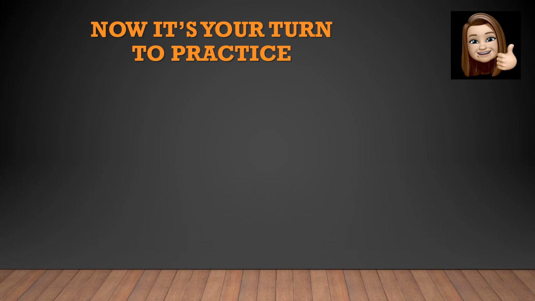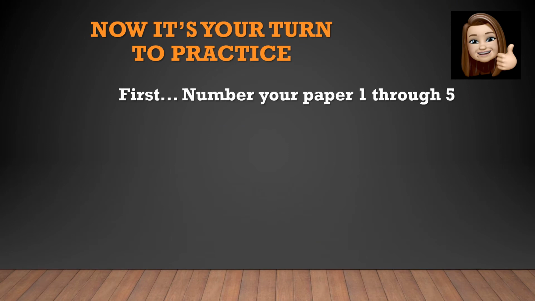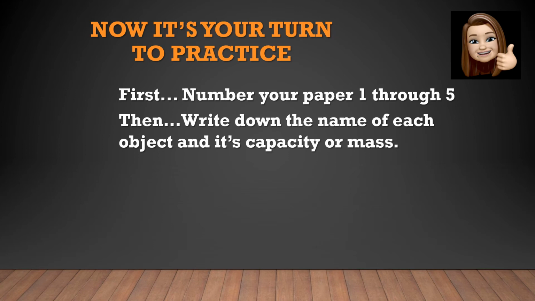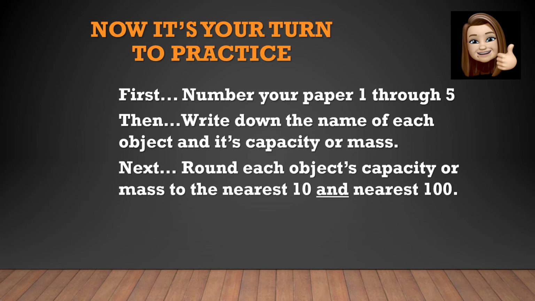Now it's your turn to practice. So first, you're going to need to number your paper 1 through 5. It'd be a good idea to use your blue notebook that was in your packets. If you'd like to title it, you can title it Rounding Numbers of Capacity and Mass. Second, you're going to write down the name of each object and its capacity or mass. Once you've done this, then you're going to round each object's capacity or mass to the nearest 10 and nearest